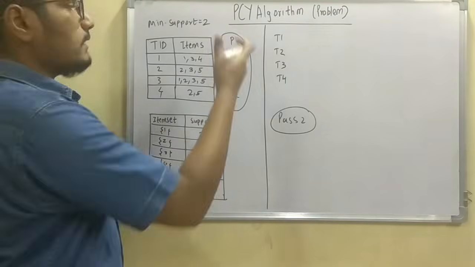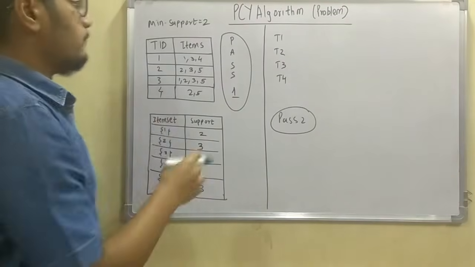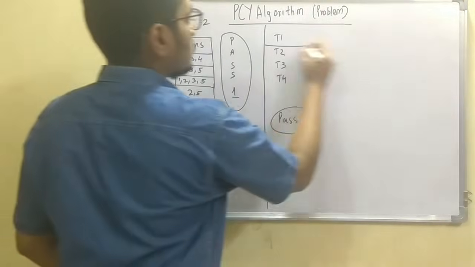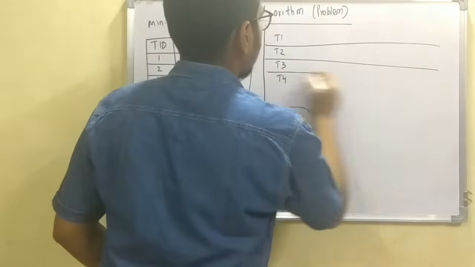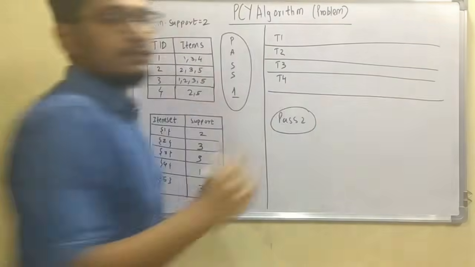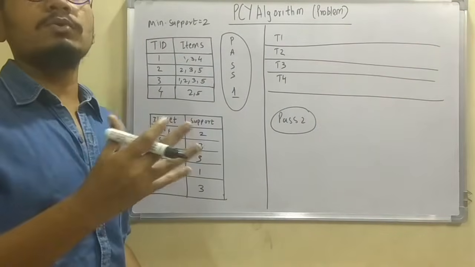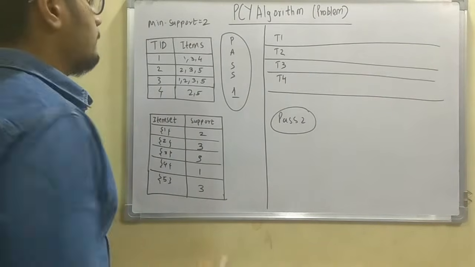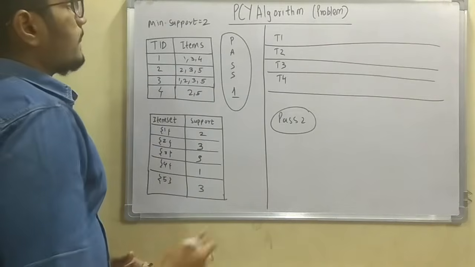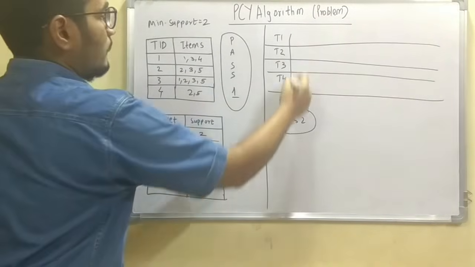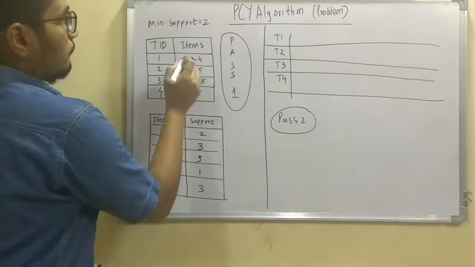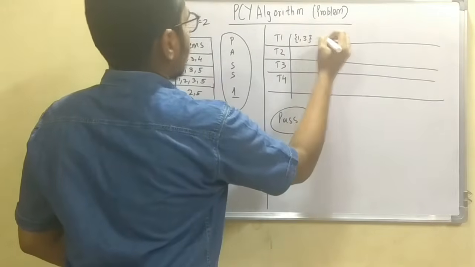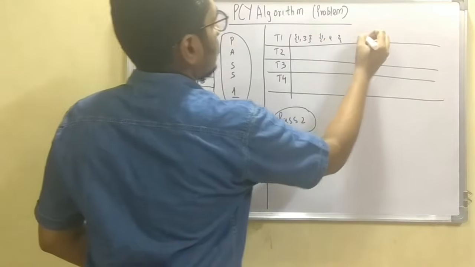Next we move on to the transaction table, an elongated version of this one. Here we construct the transaction table based upon pairs. In my previous video, on the algorithm, I discussed how to form pairs and then count each of them. Here we'll go step by step. For transaction 1, that is T1, we take the pairs: 1 3, 1 4 and 3 4.